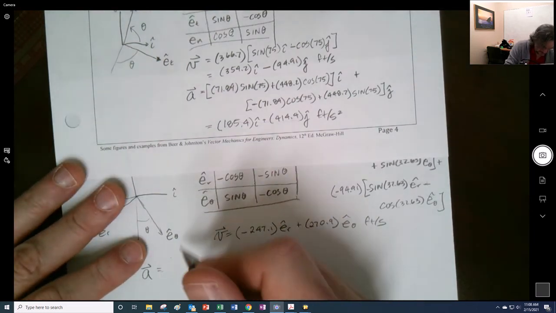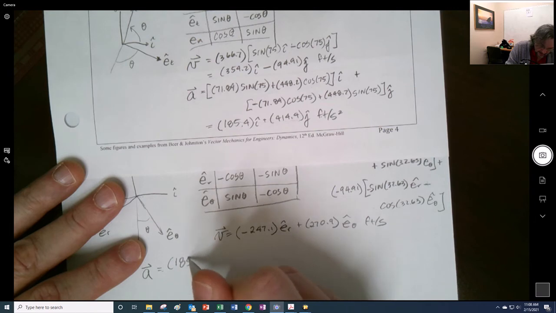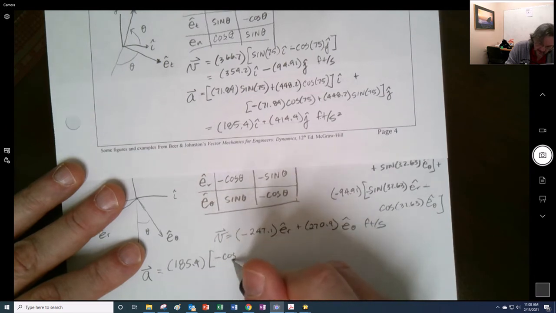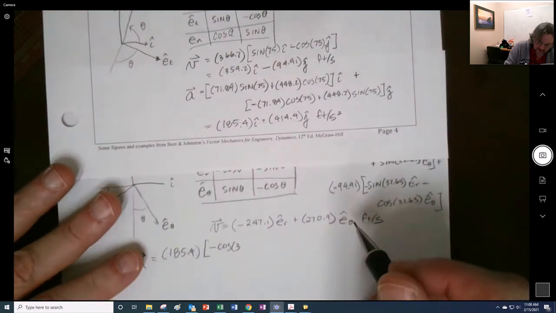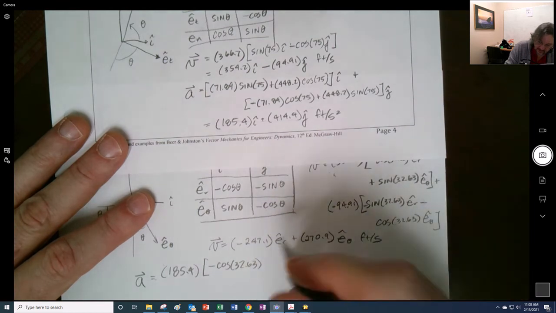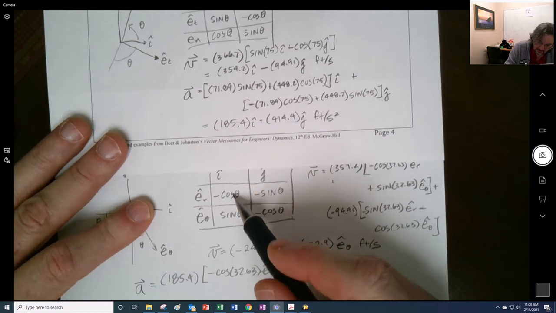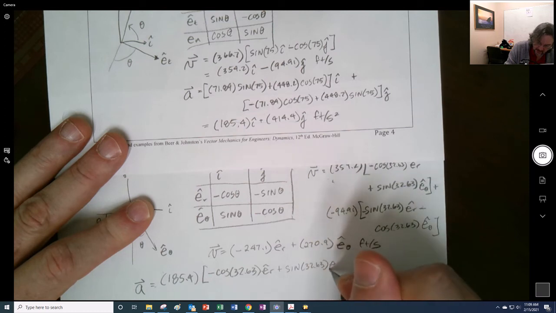I said that I'm going to take 185.4, multiply it by my negative cosine of, what's the angle again? I said 32.63. 32.63, could have looked over there, right? ER, and then I'm taking that and multiplying down there, so I get a plus sine of 32.63 E theta,